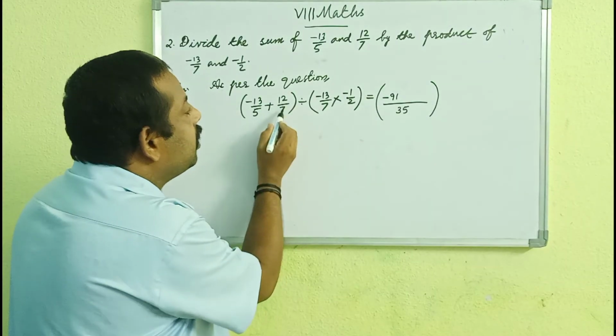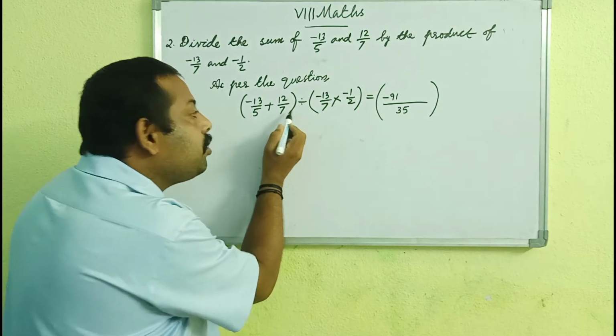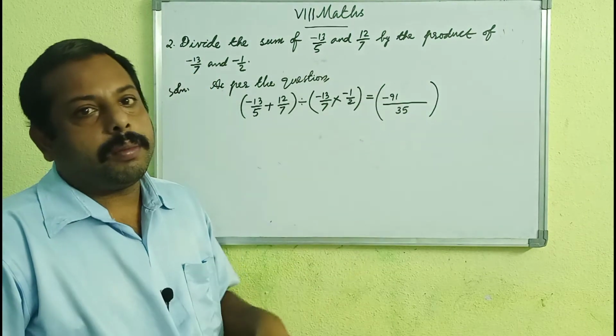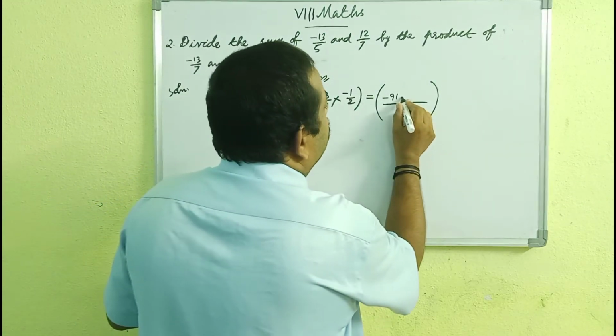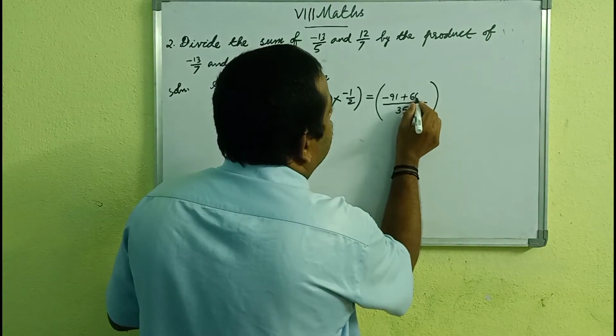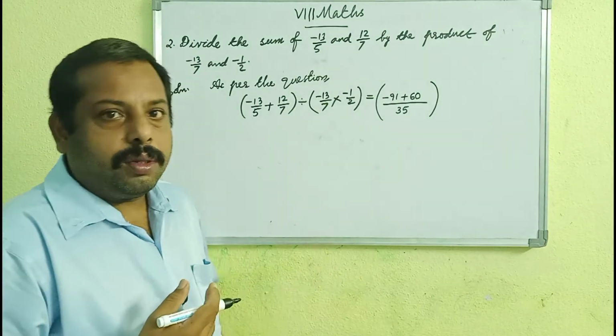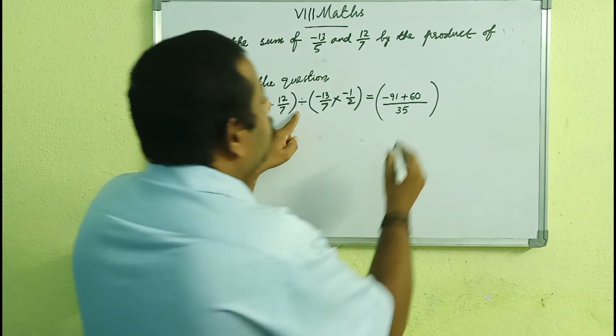Let us check this side. 7 should be multiplied by 5 so that the product will be 35. So 12 also should be multiplied by 5. When you multiply 12 by 5, you get 60. Watch the video again and again to understand. Okay, divided by,